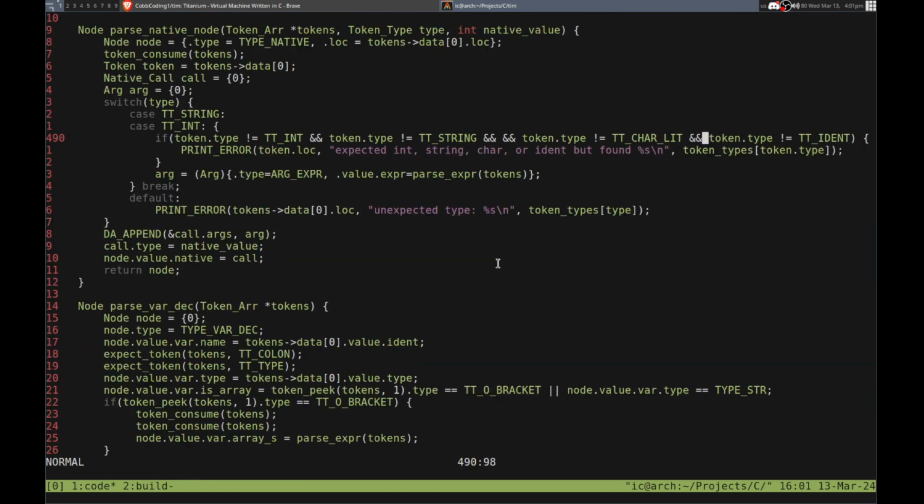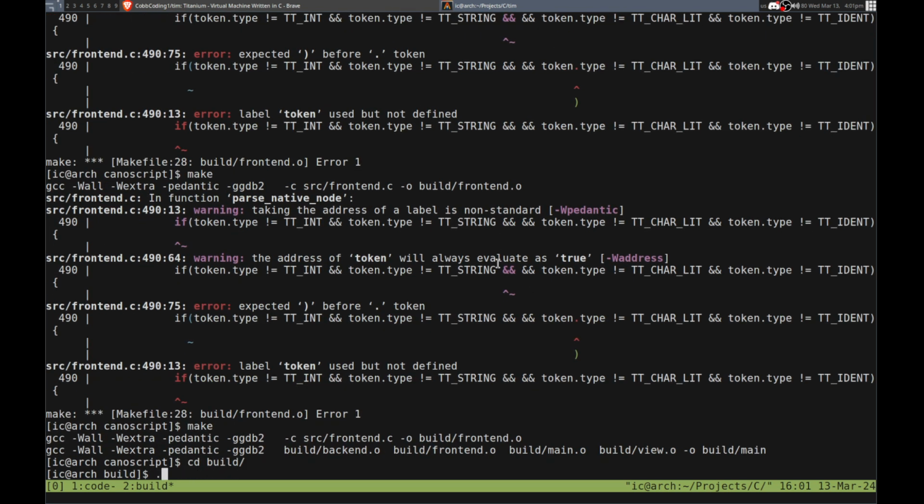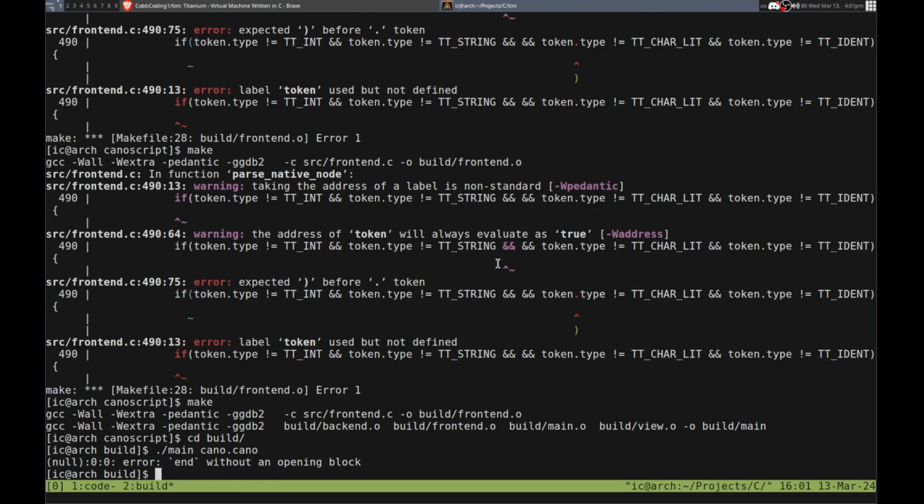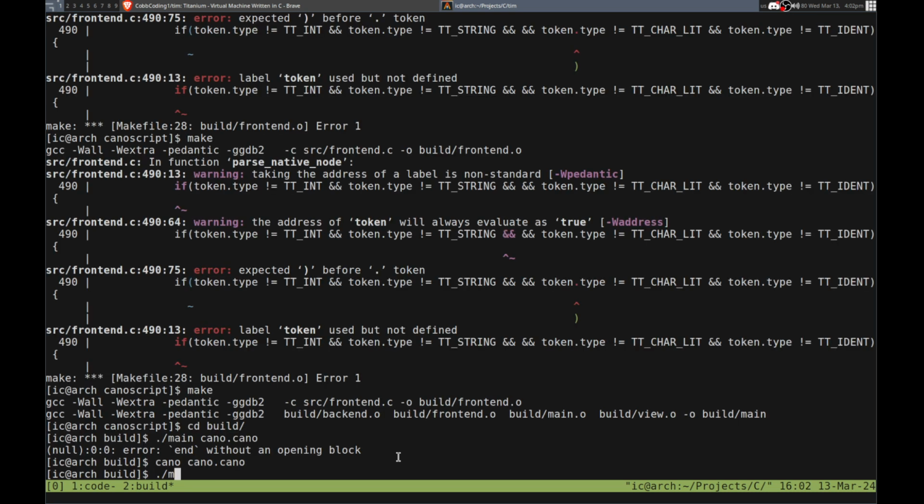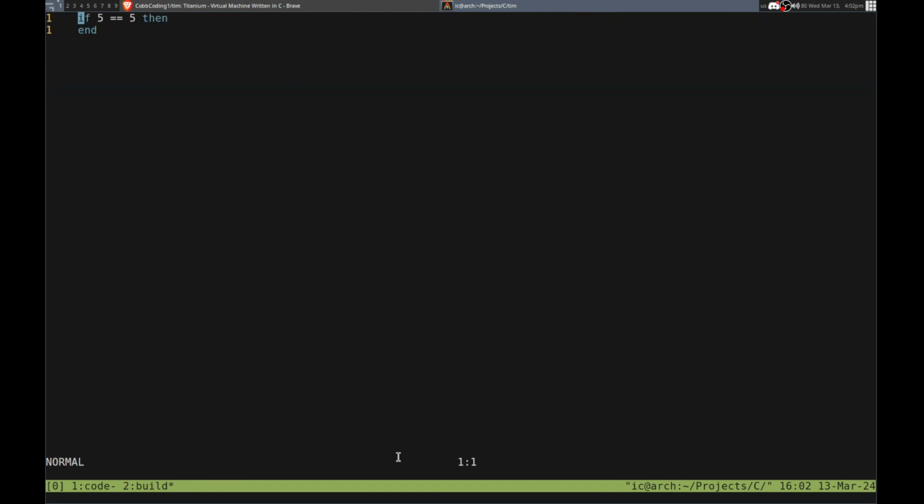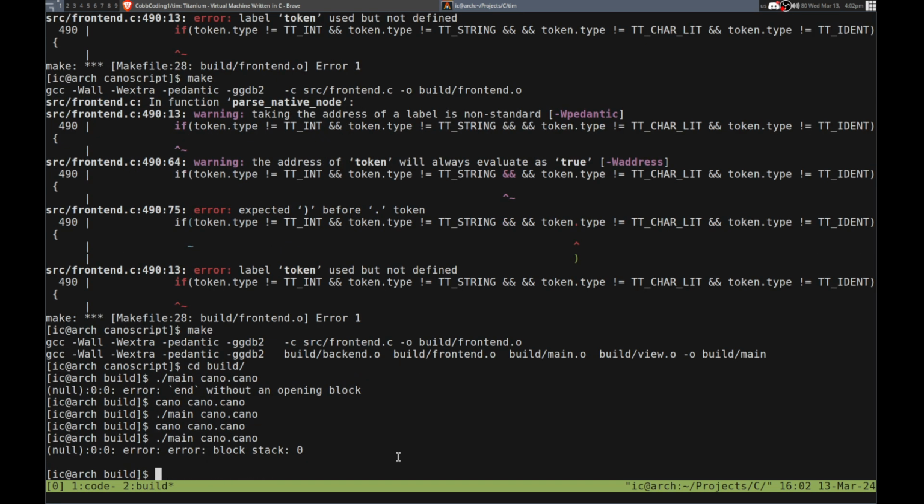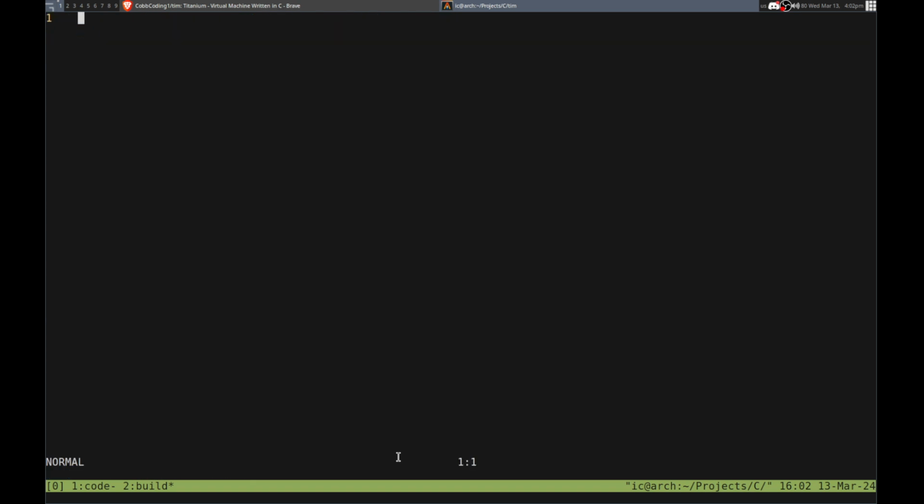Oh, shoot. Now I have a double A. Wait, what? How did that happen? Okay. There we go. Now it compiles. That was actually the issue. So let me try this again. And without an opening block. Yeah. So that is what I wanted to see, because we had the end and we don't have an opening block. But if we put if 5 equals 5 here, then we did the end. That's what opens the block. Now, I wonder, if I put a then, and then an end, what's going to happen? Block saying that, yeah, so that's a further error. So, it's good that it throws an error,